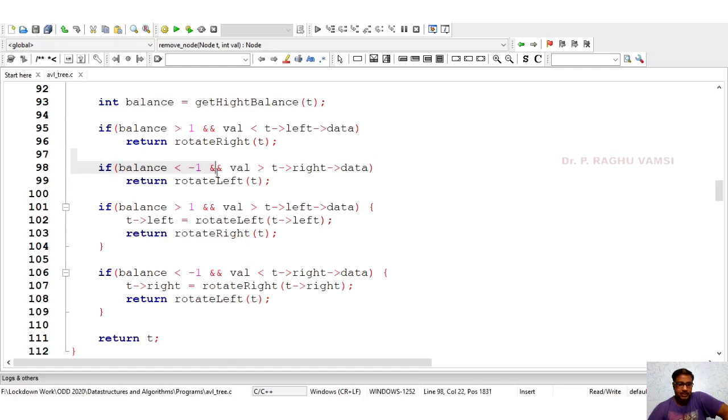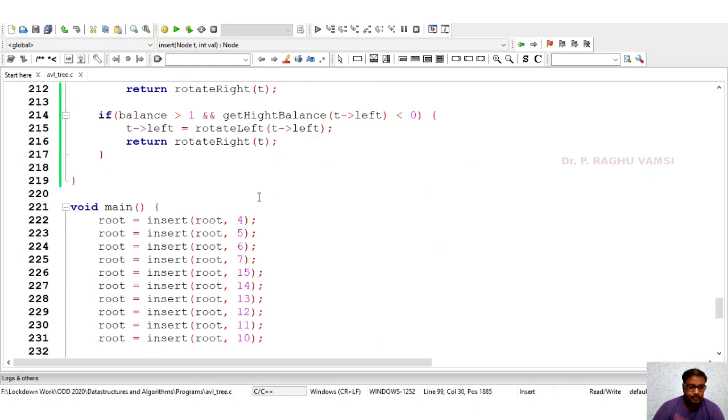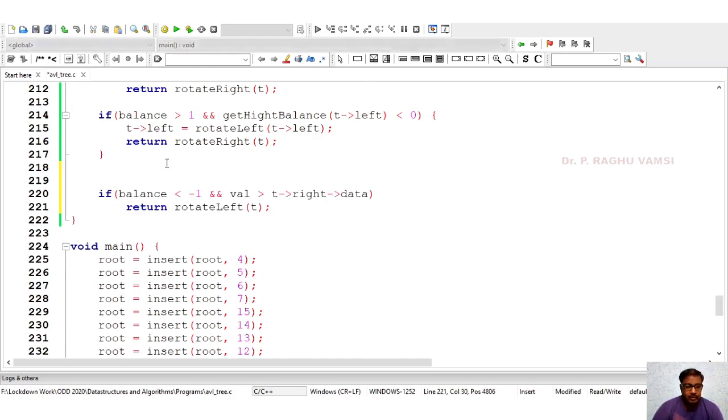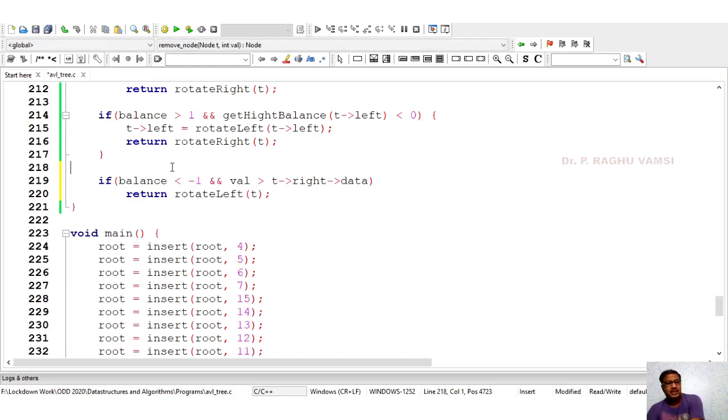What are the other things left over here that we'll copy paste here? So if the balance is less than -1, and get height balance of t right, if the t right is also less than or equal to 0, then this is not possible.